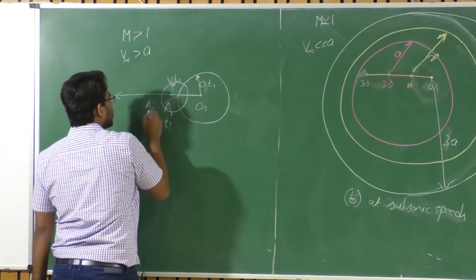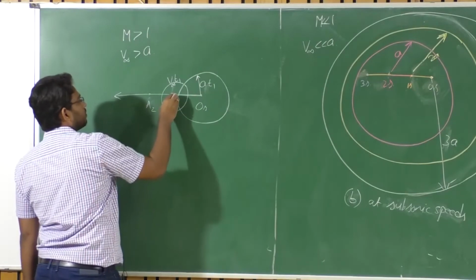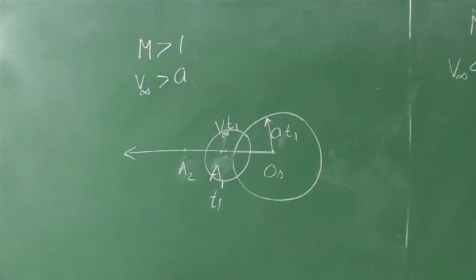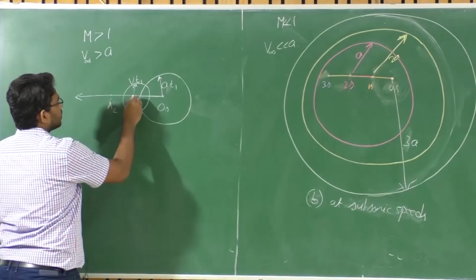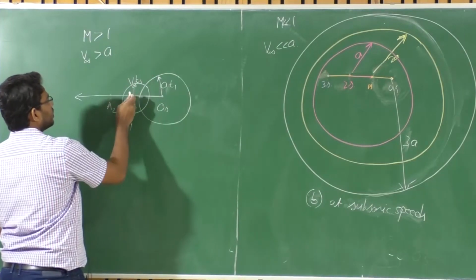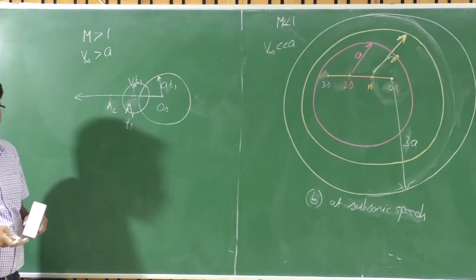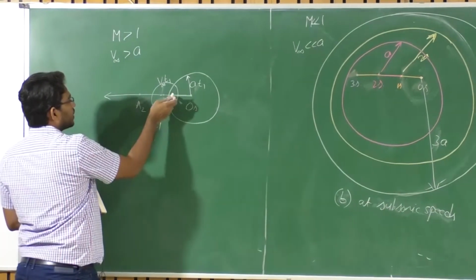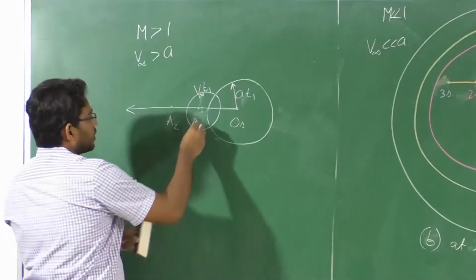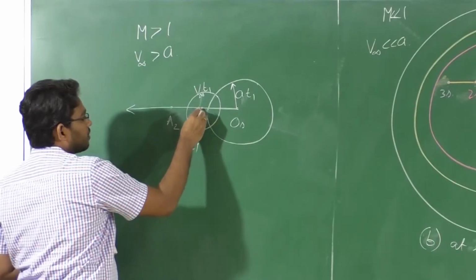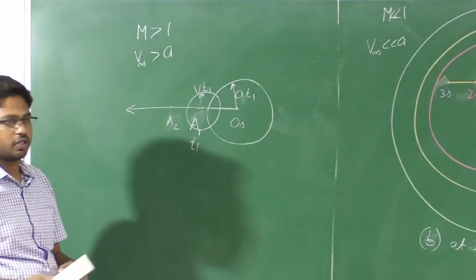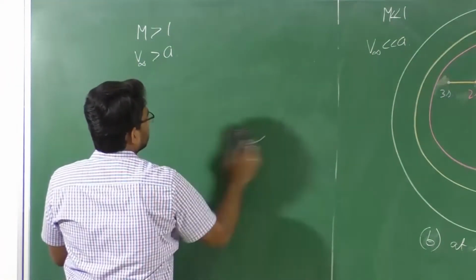So when you reach point A2, this A1 disturbance will travel a certain distance, right? That again depends upon the difference in time. So by the time the sound reaches this A1, you have already crossed this A1. Right? And by the time the sound reaches A2, you have already crossed A2. That means the disturbance is always behind you, right? Similarly, the disturbance that you have created at A1, by the time it reaches A2, you have already reached ahead of A2. For example, consider this case.